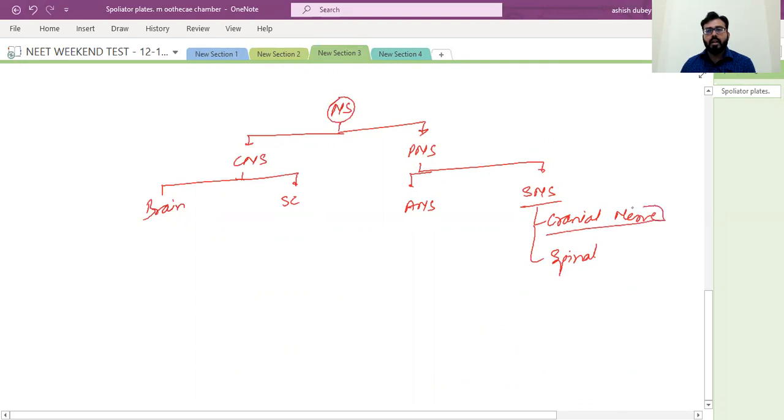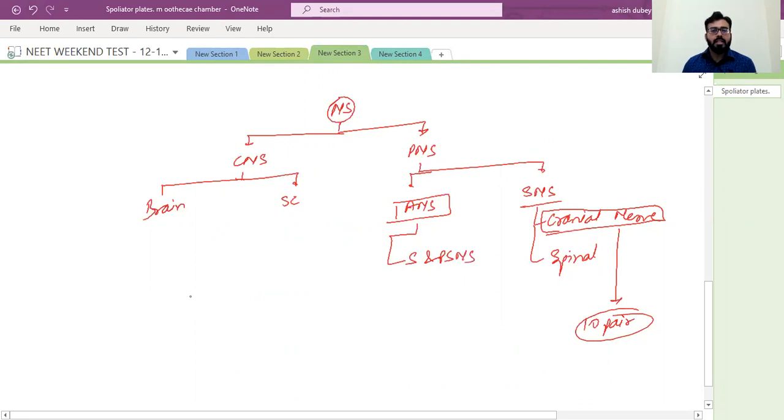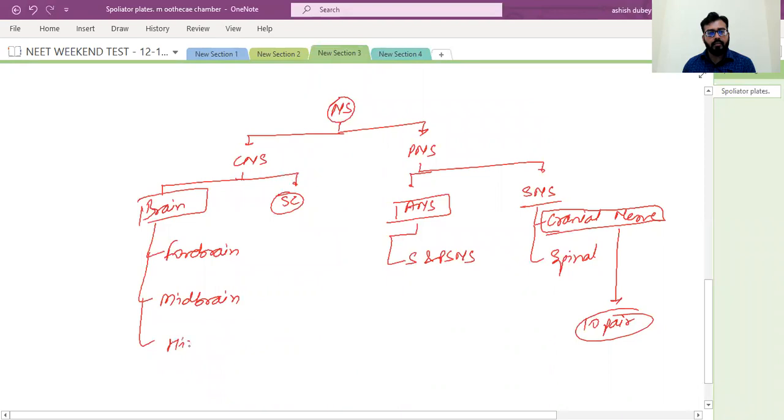The question can also be framed on the cranial nerves, because frog is an anamniote, so 10 pairs of cranial nerves will be there only. And the autonomic nervous system, as you know already, consists of the sympathetic and parasympathetic nervous systems, the emergency and the relaxing nervous systems respectively. The spinal cord will give rise to spinal nerves, and the brain is divided into 3 parts: the forebrain, midbrain and hindbrain.